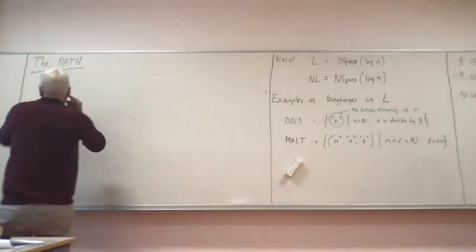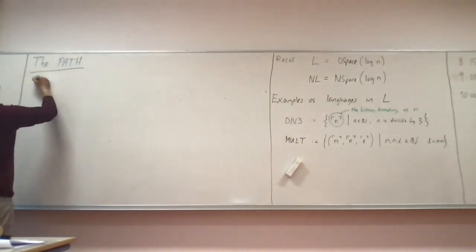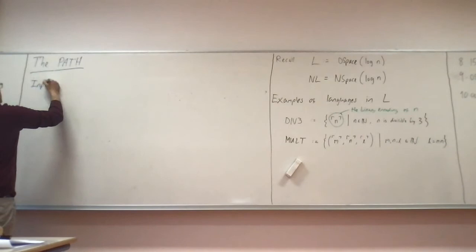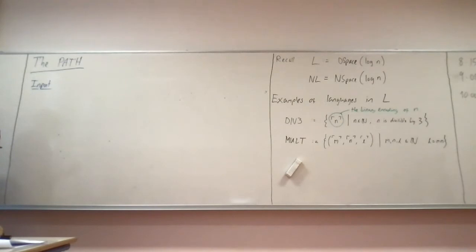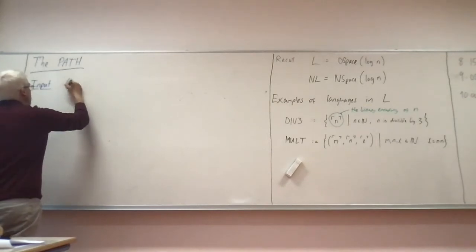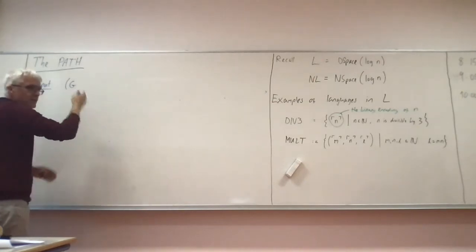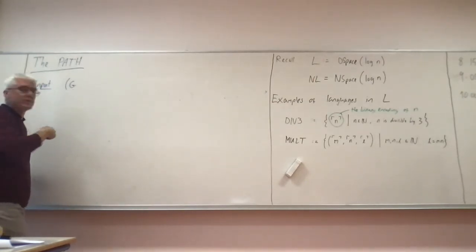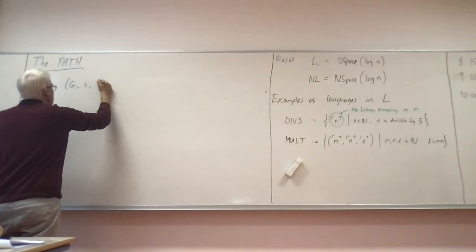The path problem is a very natural problem about directed graphs. As with these decision problems, the most friendly way of presenting them is to say what the input is, and then what question the decision problem is trying to answer, like some yes/no question. So the input in this case is a triple. Again, a triple is represented just by 3 strings juxtaposed with some nice separating symbol between them, a hash or a comma or something. So we have a triple G, S, T,